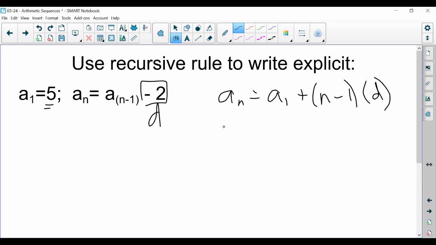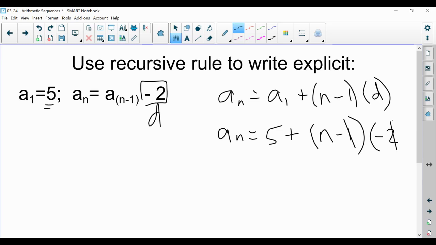Well, I know that my a sub 1 is 5, plus n minus 1, and then I'm going to multiply it times d, which is a negative number, so I'm using parentheses, because if I just put -2 behind that, it looks like it's being subtracted, so make sure you use parentheses around that. So I'm going to distribute that and kind of clean it up, and that's going to give me